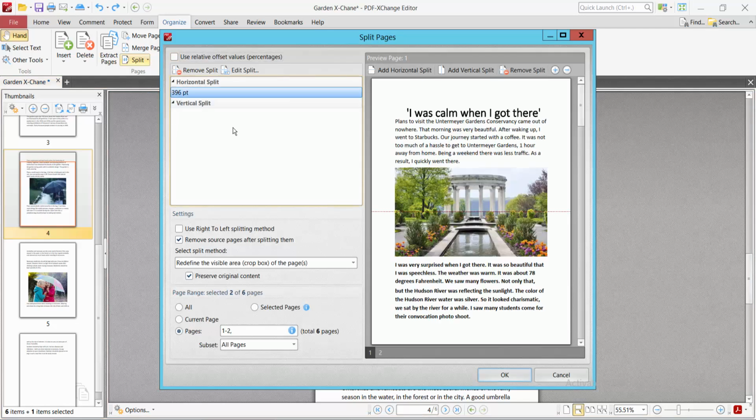And I will remove this split option, and there is no split applied. Now select apply at horizontal split and see this horizontal split line showing here, and also at vertical split, see this